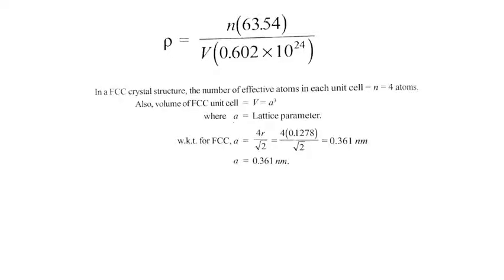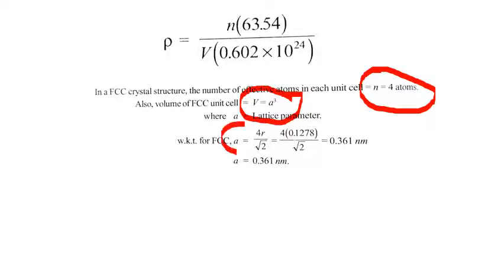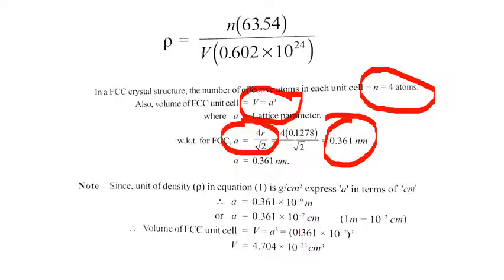So how to calculate the n here? So for an FCC, n is equal to 4. So V is equal to a cube. For FCC, a in terms of R is a equal to 4R divided by root 2. So you will get 0.361 nanometer. So from that one you can easily calculate what is V. So you need to drop that one in centimeter cube, okay. Normally you will get it in a meter, you need to find out that one in meter cube,